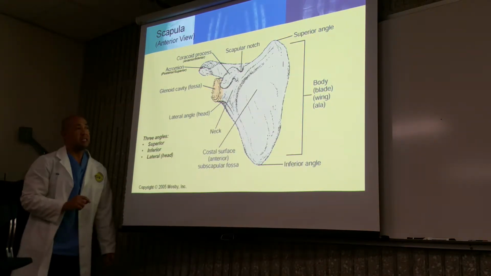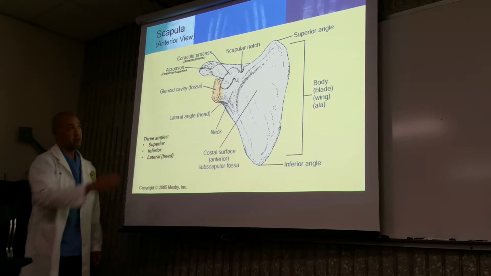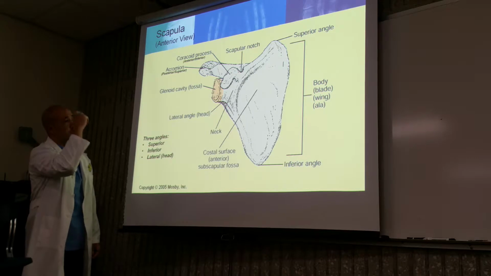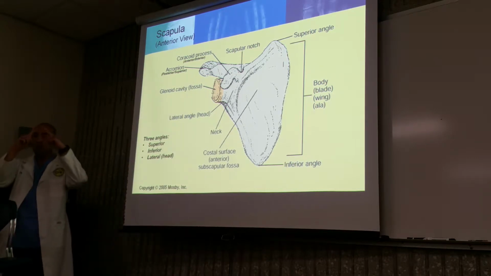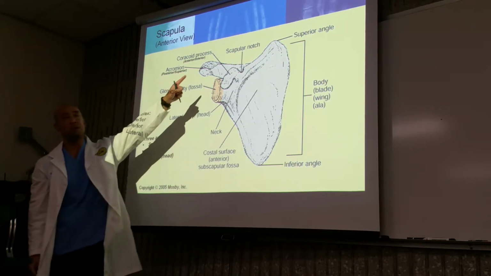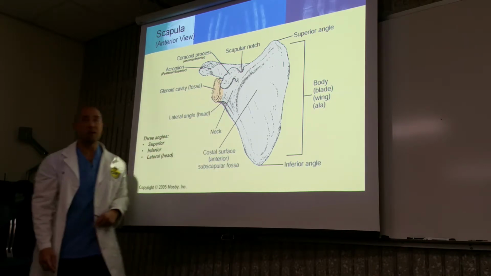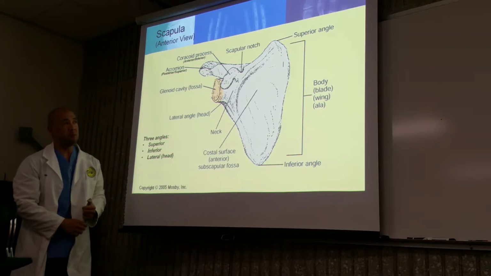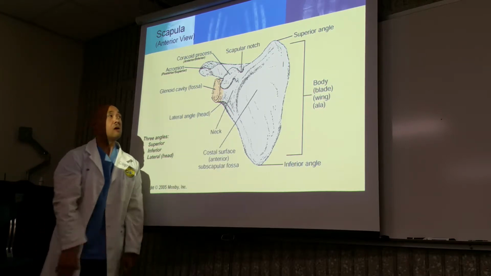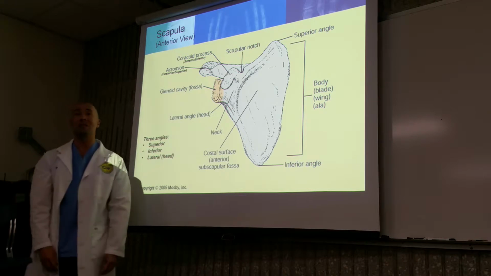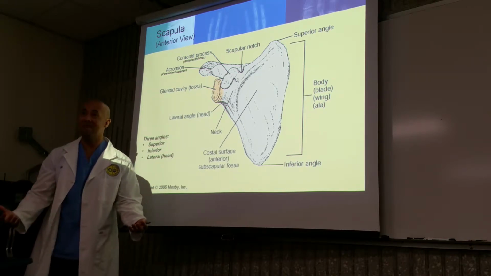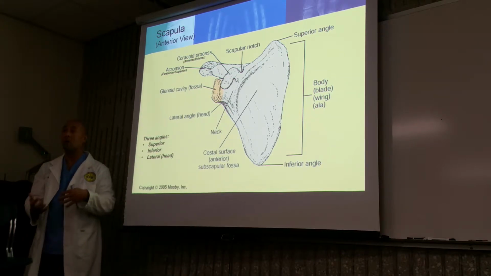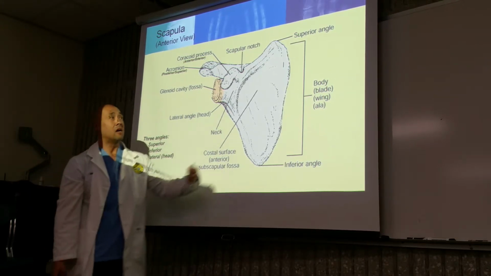So here we have the anterior view of the scapula. We've already covered the borders. It also has 2 angles, 2 points. The first one here is the superior angle, and then we have the inferior angle. The majority part of the scapula is known as the body, also known as the blade, also known as the wing, also known as the ala. Okay? They're all used interchangeably, so depending on who's talking about it or what literature you're reading, all these terms